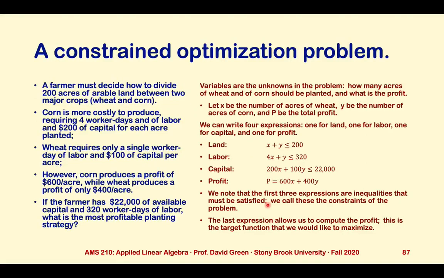Start off by trying to write down this problem as an equation, or as a set of equations. These are going to be a little bit different because of the nature of the problem. We're not going to so much get equations as inequalities. Start with the variables. Variables are the unknowns in the problem. How many acres of wheat and corn should be planted? Another unknown is the profit. What is the profit? Define variables for each of these. Let X be the number of acres of wheat planted, Y be the number of acres of corn planted,